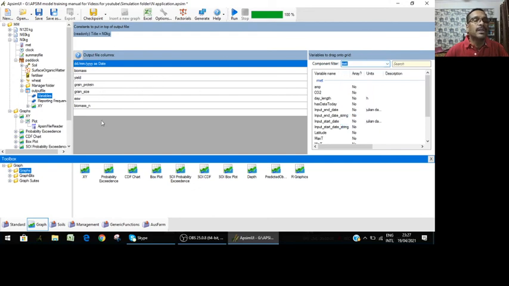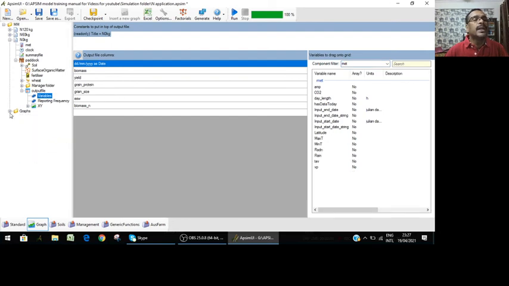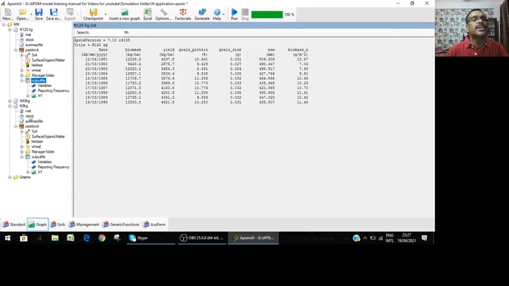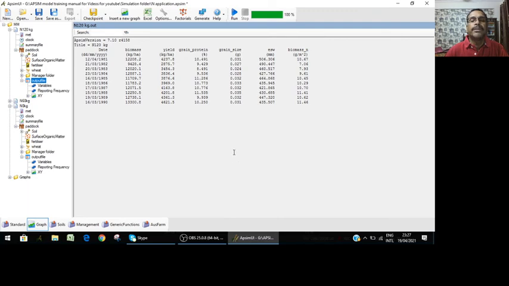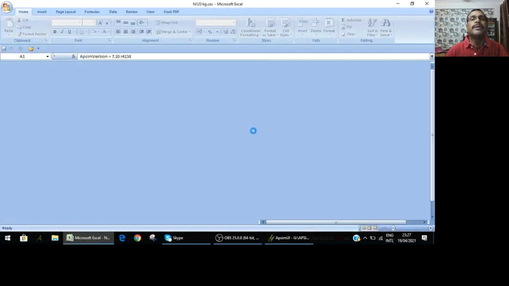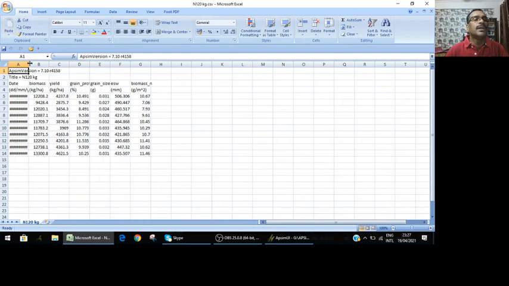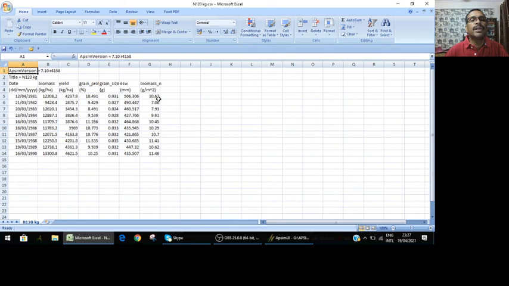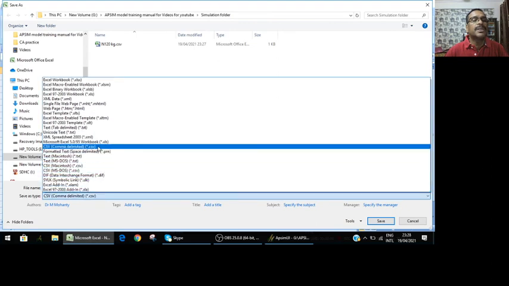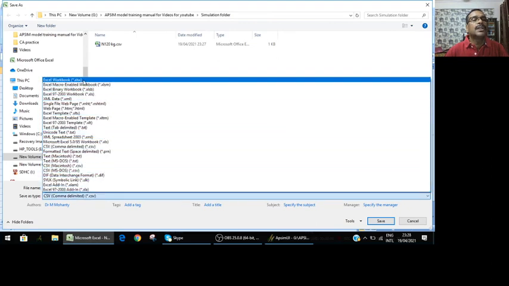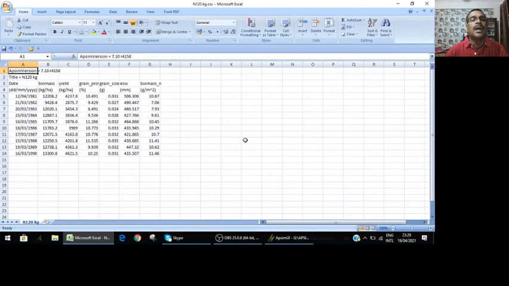And similarly, you can plot side by side. If you don't want to do that, individually, I mean to say, from your output file, as I mentioned earlier, you can take it to Excel and click it here. It will open as a CSV file, and look into the CSV file. You can see at the time of harvesting what the grain yield, biomass, and all those things are. Then save as in your folder and change it from CSV to XLS or Excel sheet, whatever you want to do, you can save it, and accordingly you can work on your simulation.